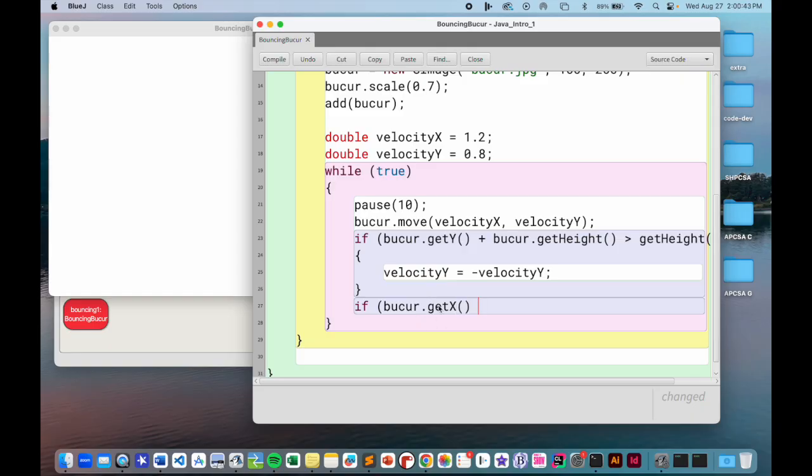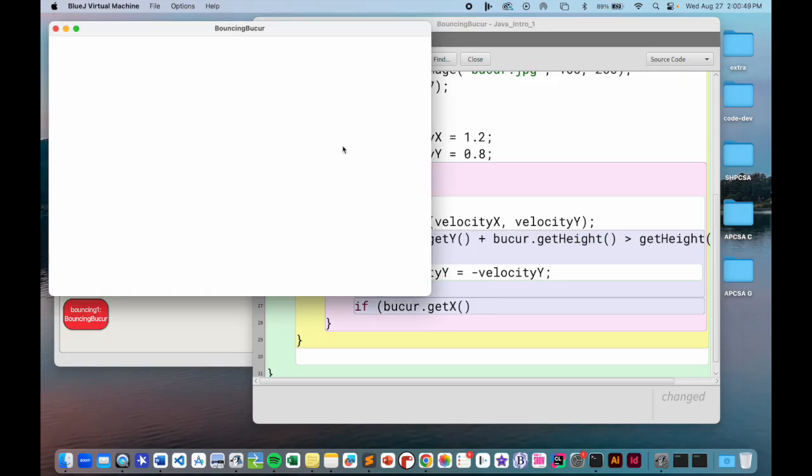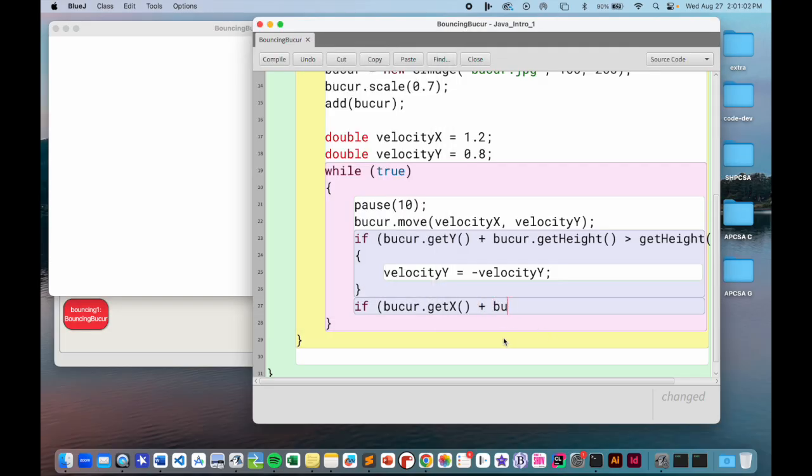And remember, getX is now going to be the x coordinate of which part of the G image? It's the top left corner still. We don't want the top left corner to be the thing that's traveling off the side. We actually want it to be the top left corner plus the width of the image. We want to check the rightmost side of the image. So let's do plus BouncingBucur.getWidth. If that is greater than the width of the screen,